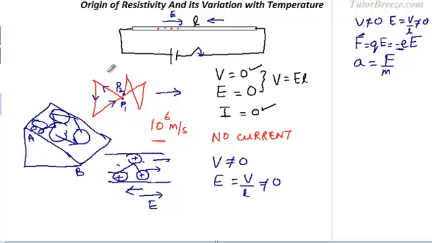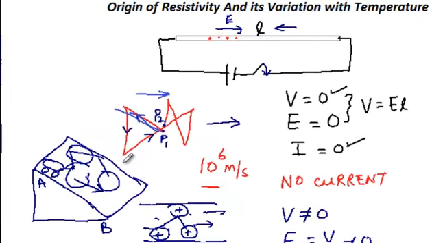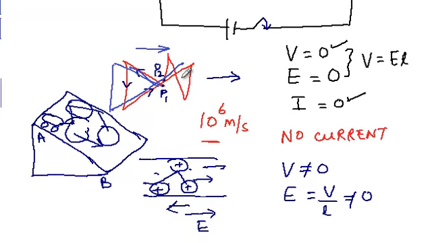Let us say that this is the direction of the electric field, which means they'll experience a force in the opposite direction, so their paths will get slightly shifted. So instead of this point, you have their point, they'll be over here. Instead of this, they are a little to the right, so they are here. Instead of this, they are a little to the left, so they are here. So which means the path of the electron is now like this.